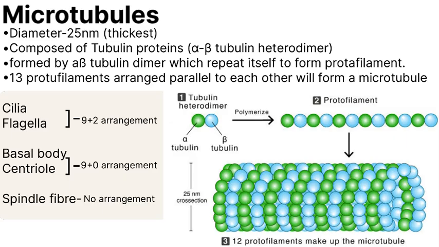Microtubules have the largest diameter of all the cytoskeletal elements, which is approximately 25 nanometer, whose external diameter is 25 nanometer. However, some books also mention 15 nanometer, but that is different. Now suppose this is a circle. So this is the outer circumference of the circle, which is 25 nanometer, and this is the inner circumference, which is 15 nanometer, but the 25 nanometer is considered as the standard diameter, which you should remember. That is why it is considered as the thickest type of filament out of all these three.